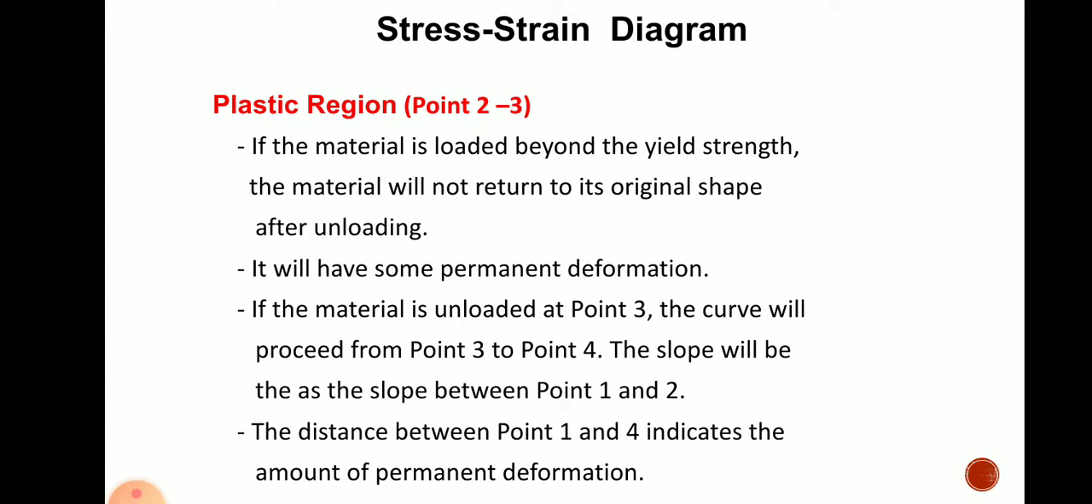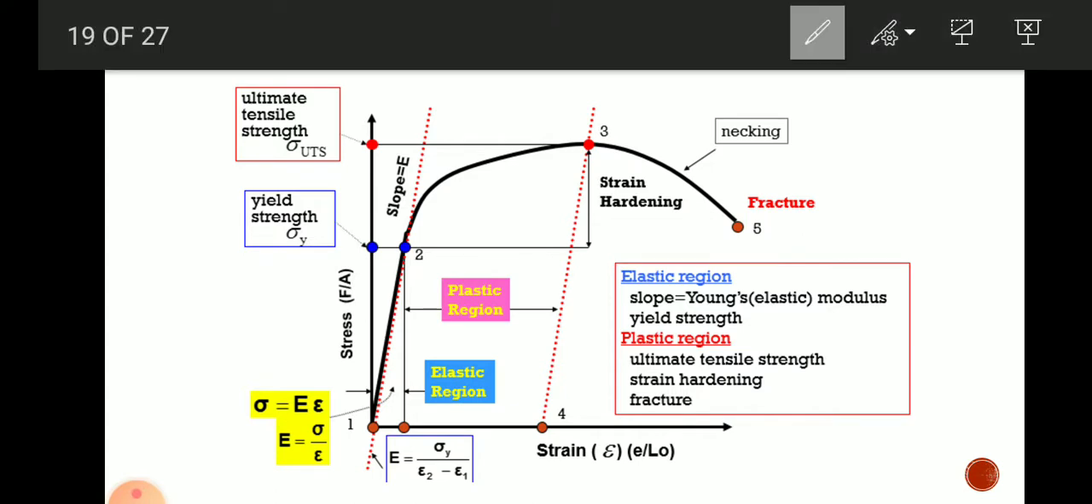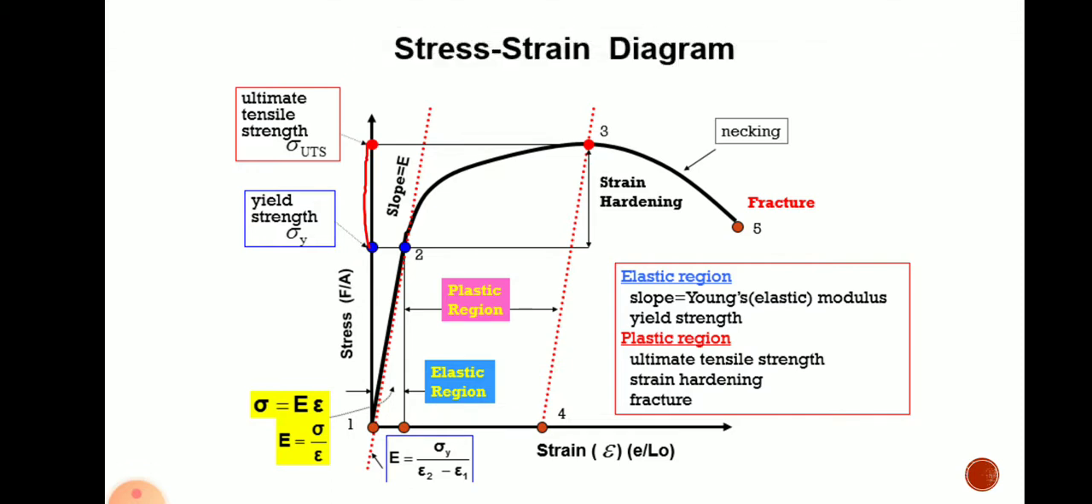Next, point 2 to 3. From point 2 to 3, you can observe in this diagram, once you apply the stress, you increase the stress from the yield strength, that is sigma y, to sigma uts. Here from sigma y to sigma uts, you have increased the stress. Once you have increased it, there will be a change in strain in this fashion, from point 2 to point 3. It is not a linear curve,